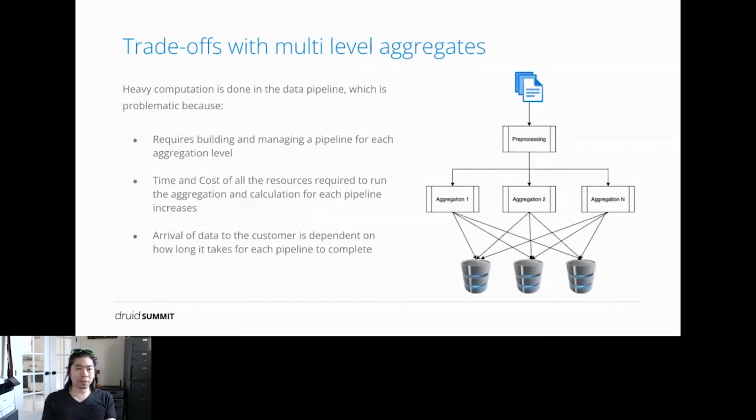There is a possibility that those numbers won't match because they could have pulled out the weekly reports when it finished ingesting into our system, but it hadn't finished ingesting the monthly data into our system. So you have this mismatch. You have this race condition that you have to manage, and it causes the customer to not trust your data, right? And you try to minimize it as much as possible, but it's always going to be there.